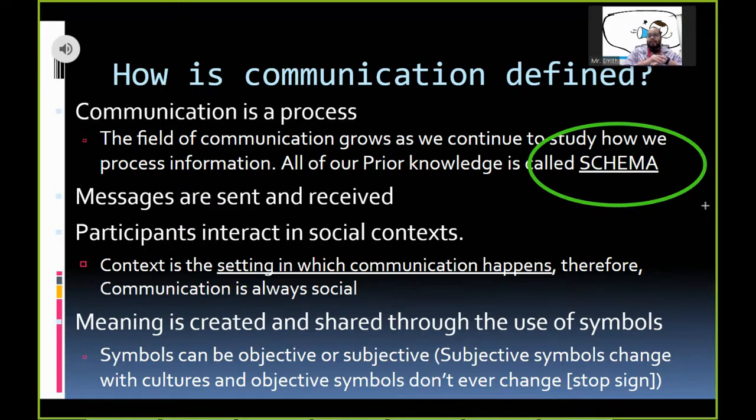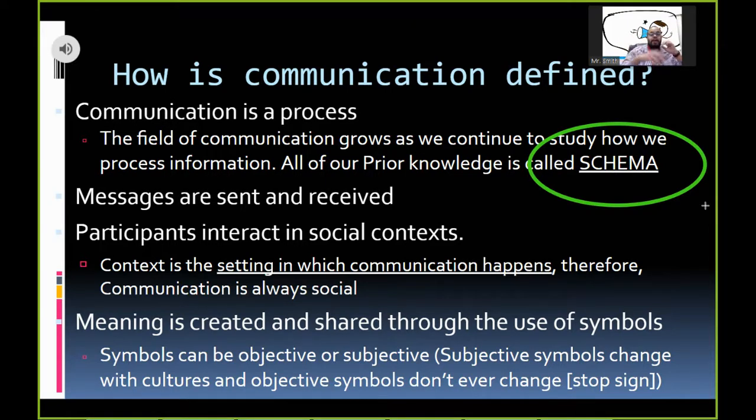And then I use a stop sign as an example. It doesn't matter if you're in America or Germany or England or Australia. If you see some sort of red sign and it is put at the corner of a road, that is telling you to stop. Okay, that sign is never going to change. So if you see a stop sign in Mexico, if you see a stop sign in America, if you see a stop sign somewhere, that sign is an objective symbol. It will never change based off of where it exists.